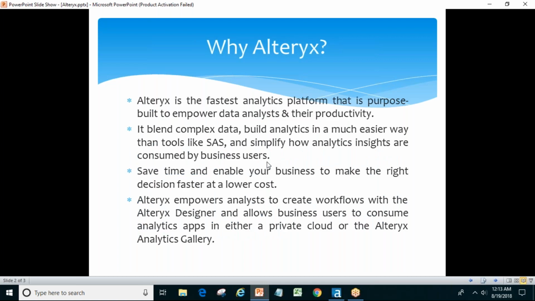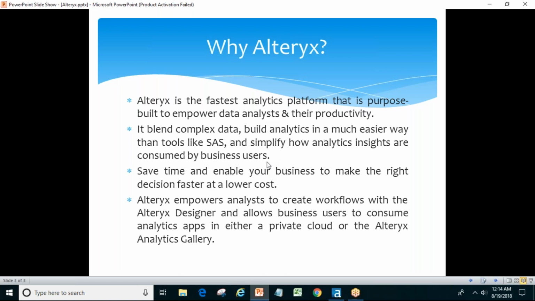So why should you go with Alteryx? There might be some other technologies. You can say that I am using some kind of ETL technologies which are doing the same stuff. Yes, those are also doing the same stuff. But at the end of the day, what is the main important thing? Time saving. Time saving is the main important thing in the current scenario. So we will go to the technologies which will help us to save time and get the answers